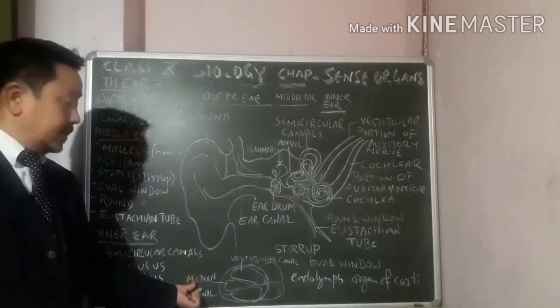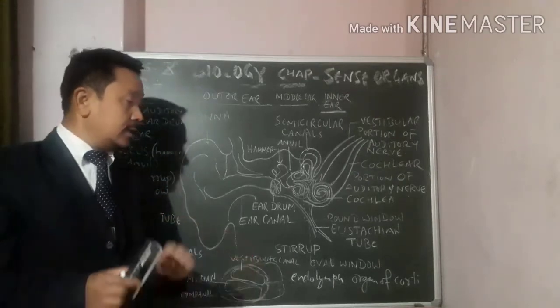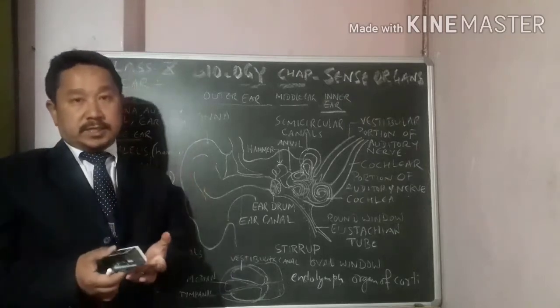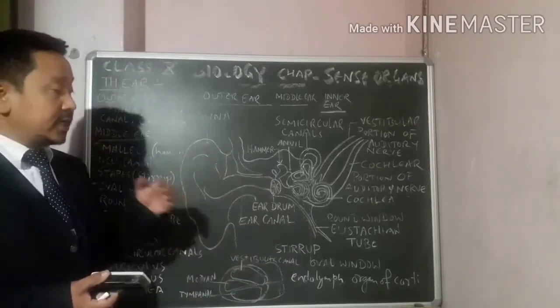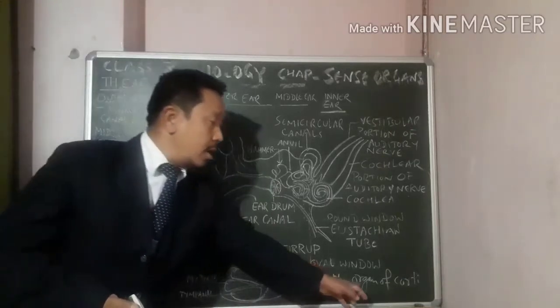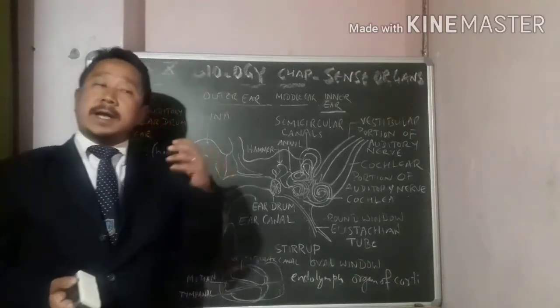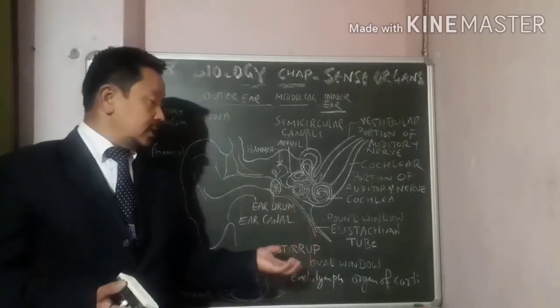See, this area in the median canal contains a lot of sensory cells. Okay, and these sensory cells which are responsible for hearing are called organ of Corti, C-O-R-T-I, Corti. Okay, and the nerve fibers of these cells go